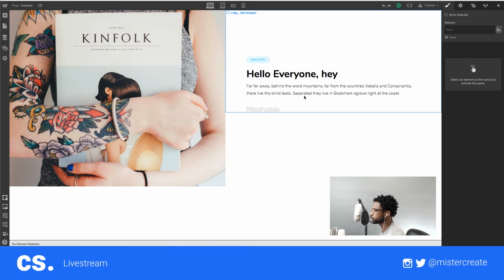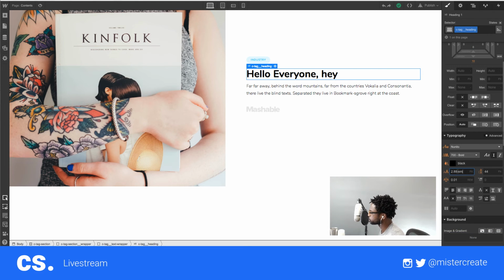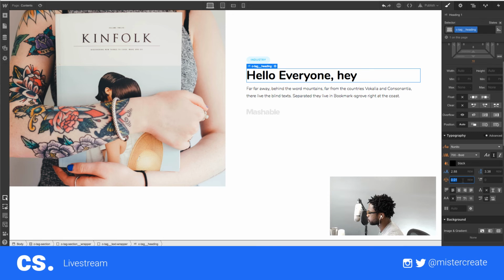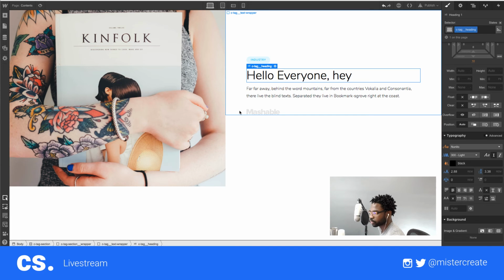Go back to my contents, tag heading, and make it a one-off. 5 rems, and it's 0 rem spacing, and it is a light. Yeah, there we go. And then the text below it,